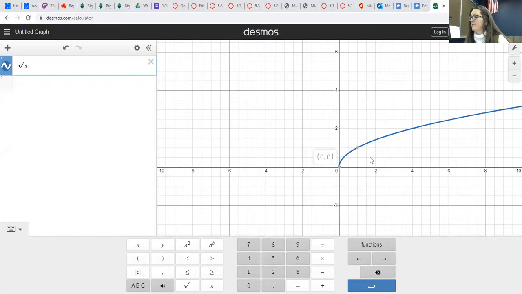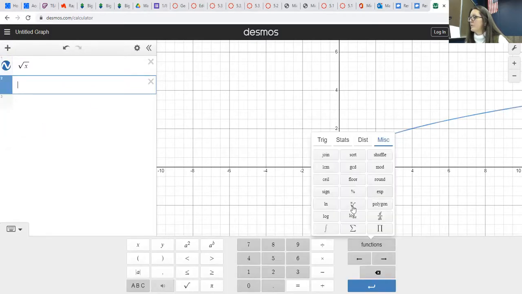See how my x values are paired with positive y values. So positive x values, positive y values. So any number that's x here has to be a positive number, right? Can't be negative. The outcome of this root has to be positive, okay? All right, so let's look at what that looks like for